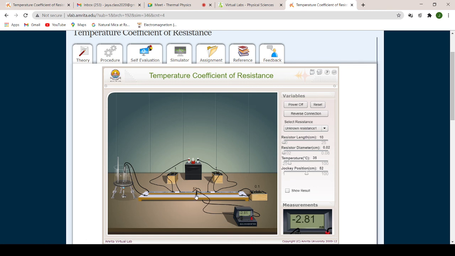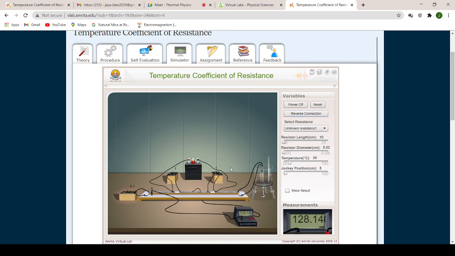When I move it, it is coming to 51 again. So let us see if this changes with temperature or not. For 35 degrees, this is what is coming. Then when you go to the next temperature, switch off the power. I am repeating again, you will not do it like this in the physical lab. You will not switch off the power. In the lab, it is a continuous process. But here, we can switch off the power, or you can also do it with the power on. It doesn't matter. Reverse the connection.